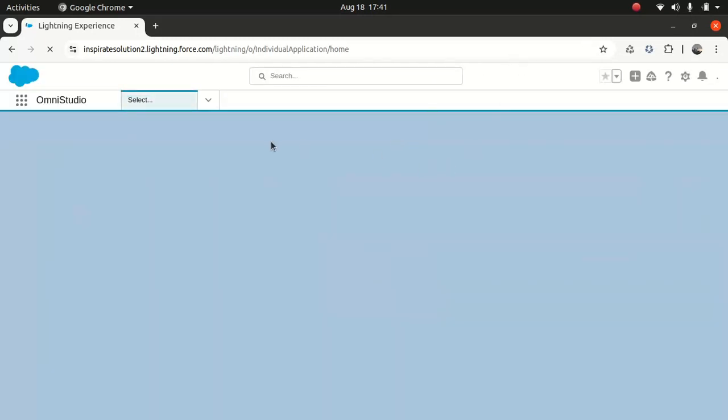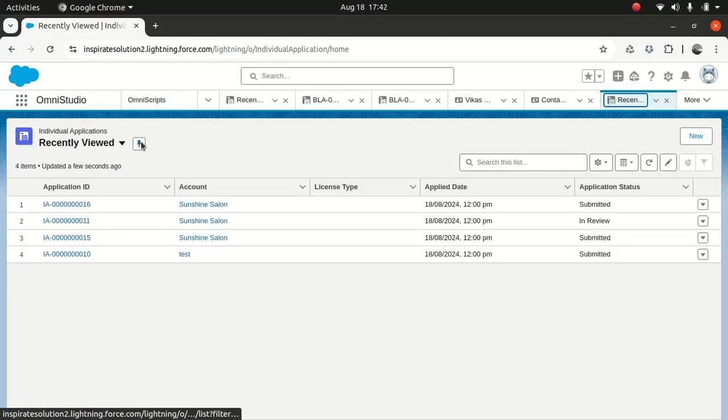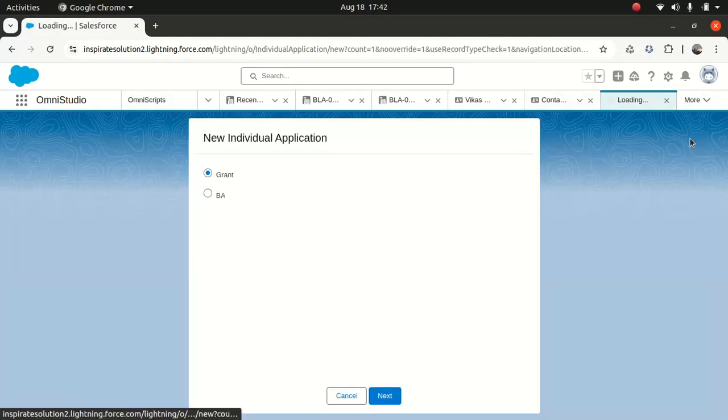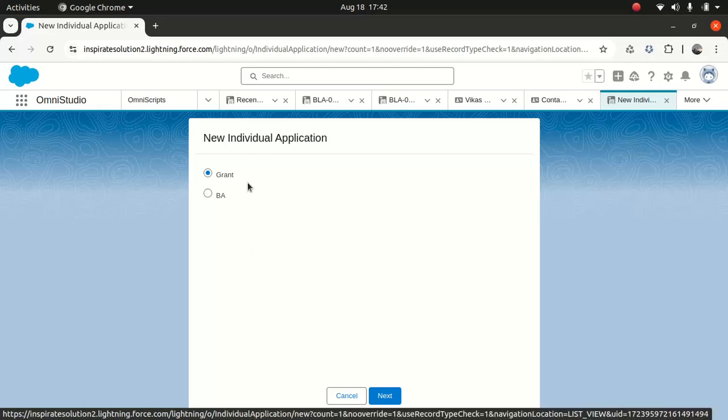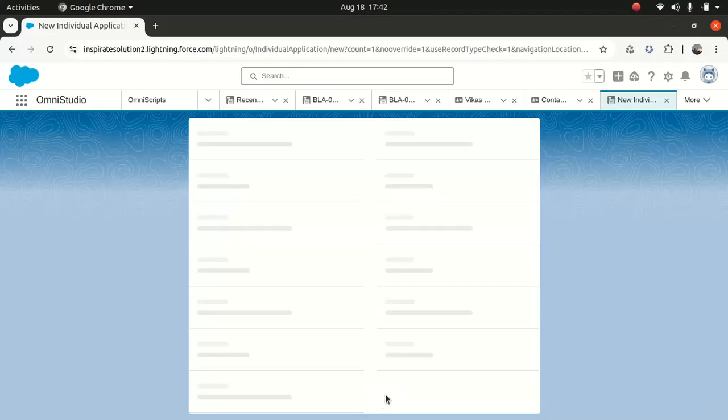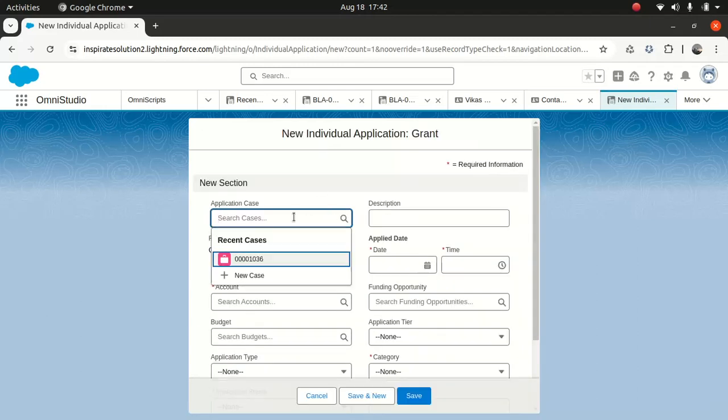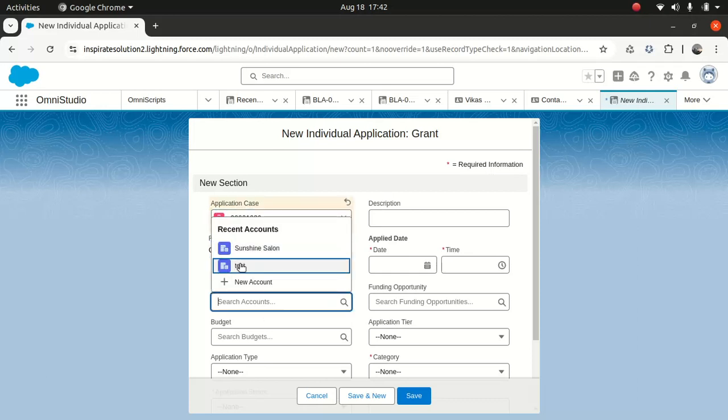So what I normally do, I will go to individual application. So I will say new, and well, I don't have a record type for now. Let's say the customer called us for a grant for a hair salon, right? That would be a good scenario, right? Looking for a grant for a hair salon. Okay. So an application case. Let's say I already have a case. I use existing case. An account. Let's say the customer